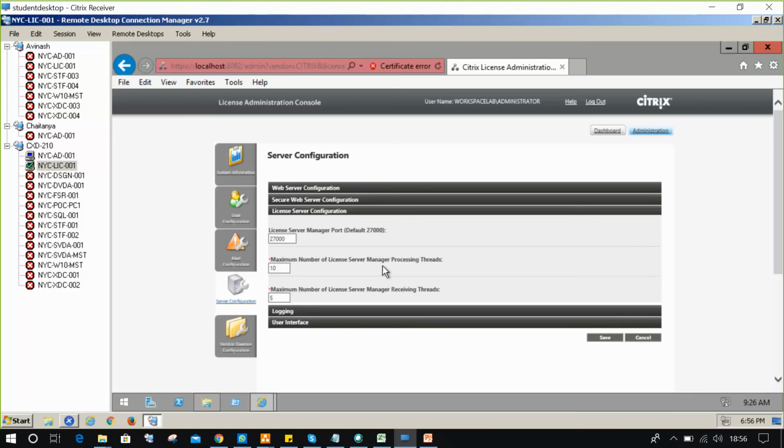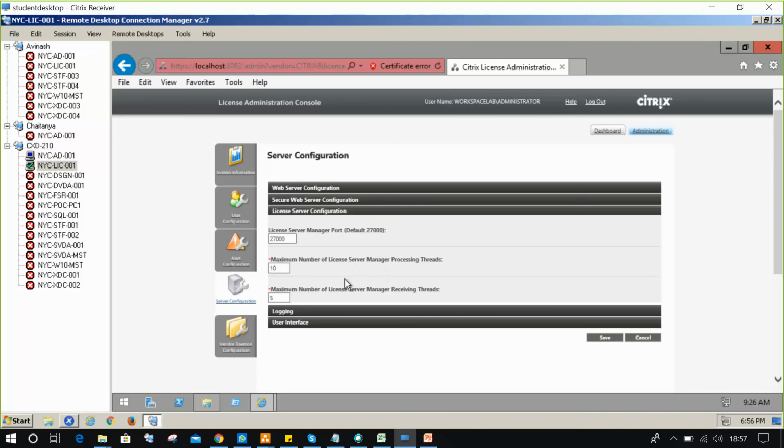That is a value we'll be setting. If multiple users are connecting at a time, you can change this value based upon your requirement. But if you don't have that many users connecting, you can leave it as is, 10 and 5. That means licenses will be given to the client machines.